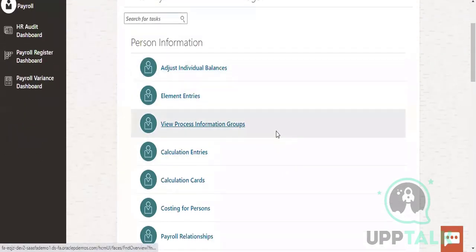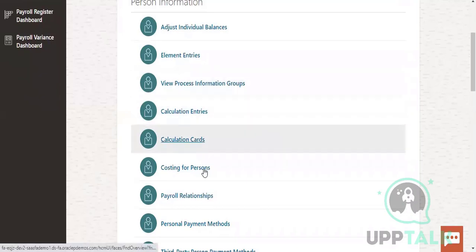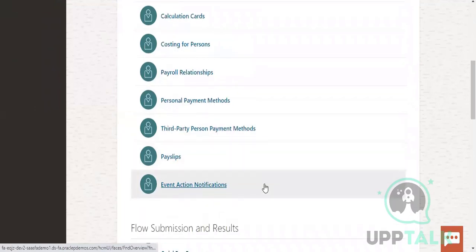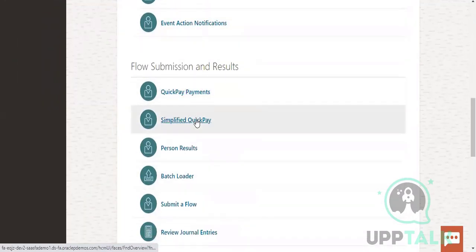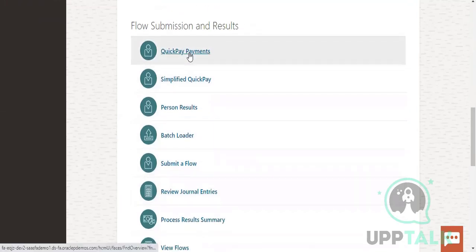Okay. Now we are going to discuss one by one all these things. Calculation entries, calculation cards, costing for persons, payroll relationship, personal payment methods, pay slips, event actions, and quick pay payments, simplified quick pay, person results, batch loader, submitter flow. And we have discussed quick pay